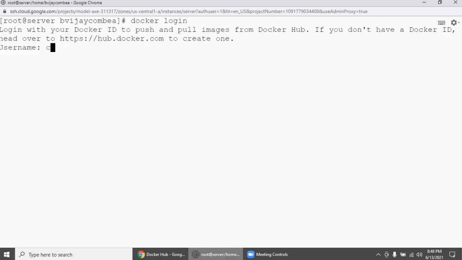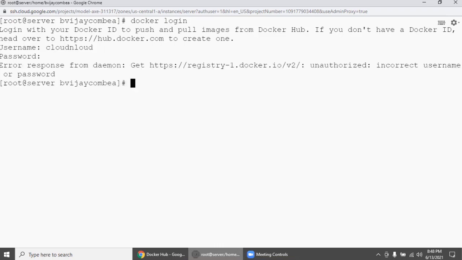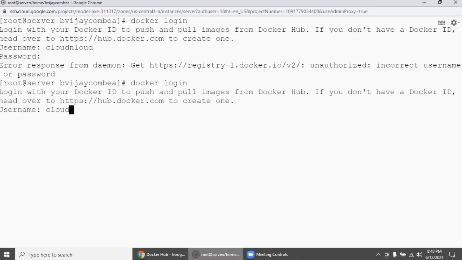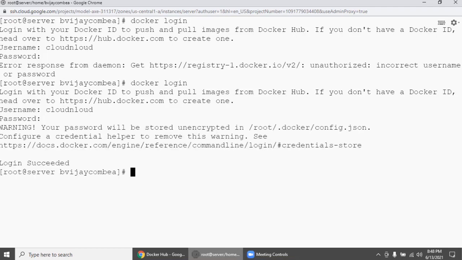Docker login. My Docker ID is cloudandcloud, and I am giving the password. Okay, there is a password typo. Now it succeeded.